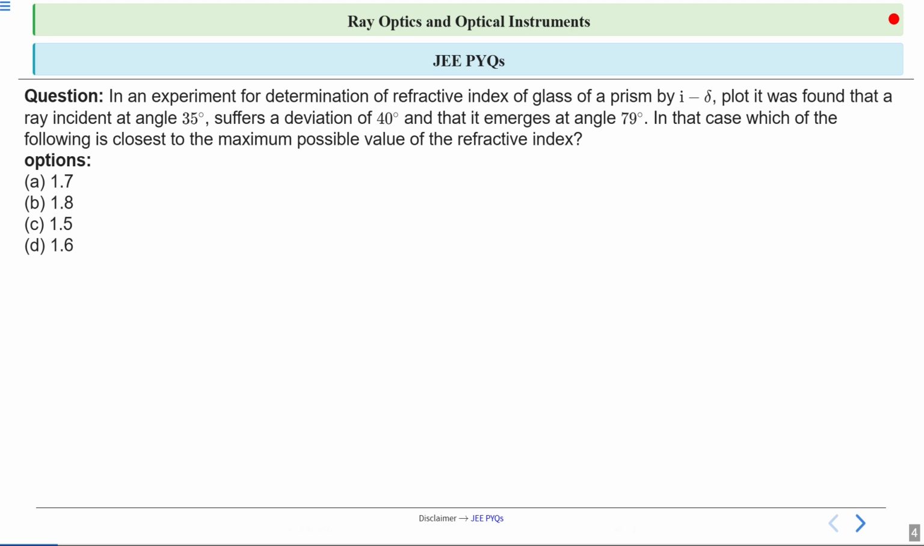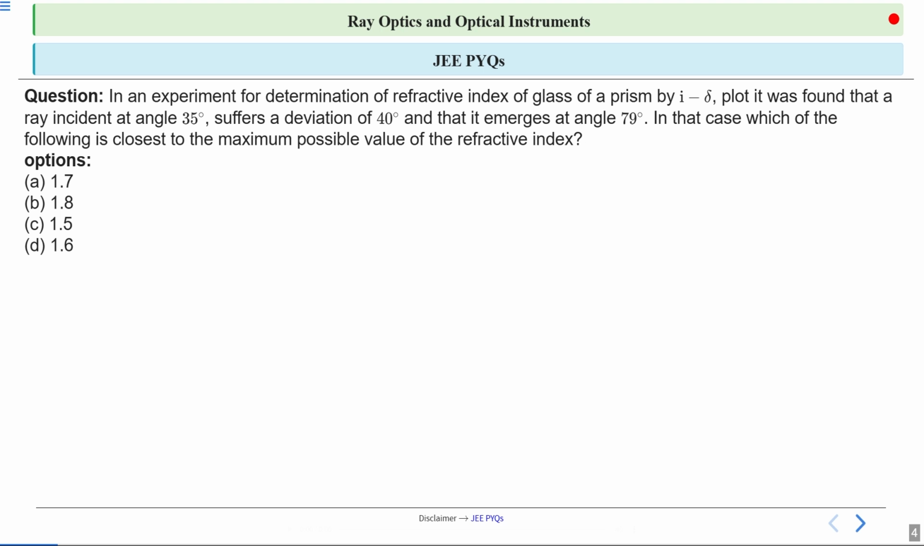So first question, the problem involves understanding the behavior of light as it passes through a prism, including the angles of incidence, deviation, and emergence. The problem tests the understanding of the relationship between the angle of incidence, angle of deviation, and angle of emergence in the context of a prism. It also examines the concept of refractive index, which is a measure of how much light bends when it enters